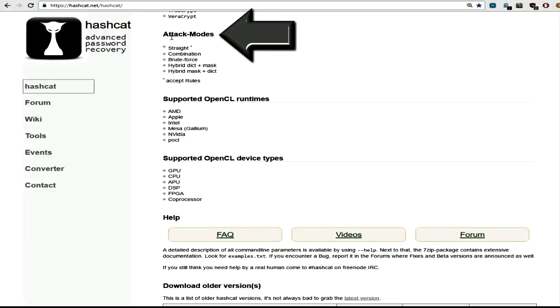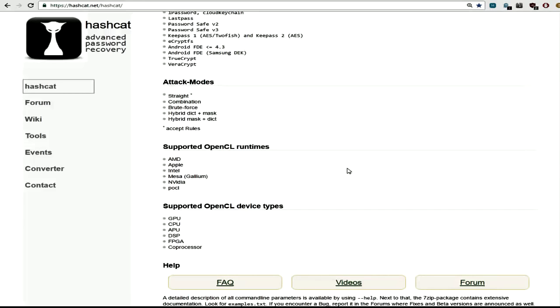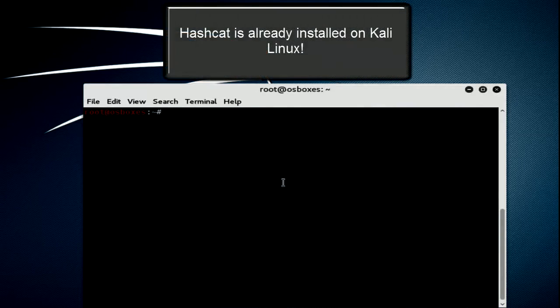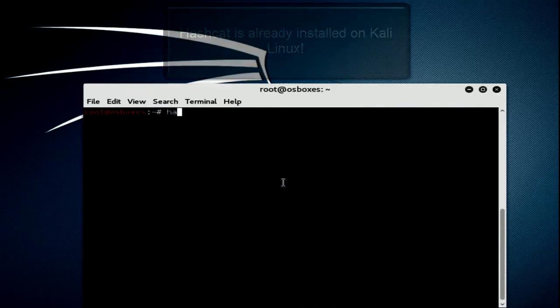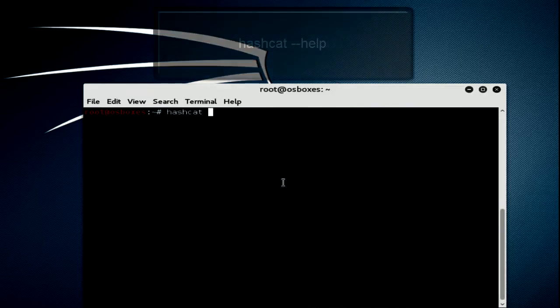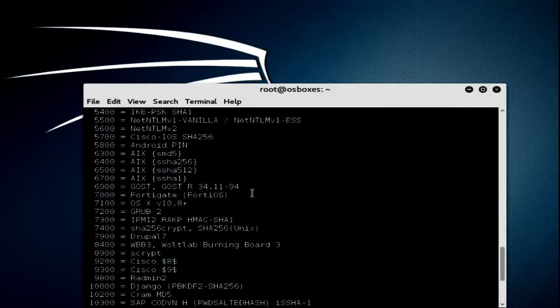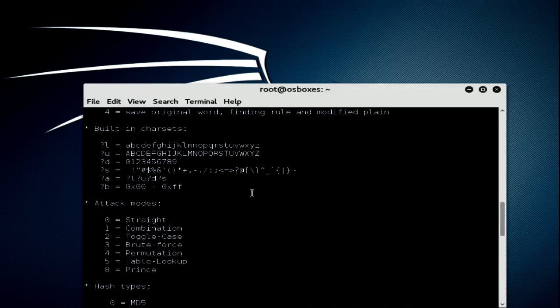When you start working with HashCat, you're going to have to specify an attack mode. In the demo, I'm going to be using combination. Basically, combination is the combination of numbers and letters and uppercase, etc. As we get more into the demo, I'll talk about the other options that you're going to need to specify. Another great thing about HashCat is it comes installed by default on Kali Linux. So you can just type hashcat help, and it'll bring up all of the options